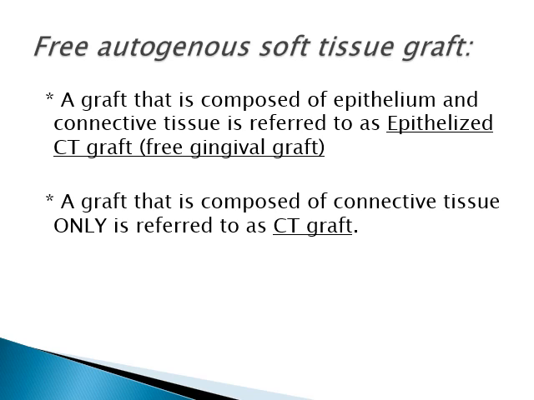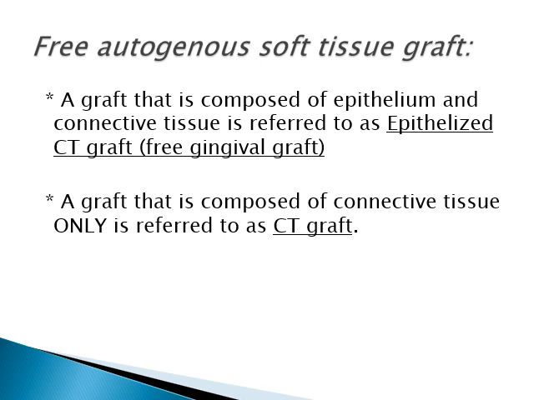Soft tissue autograft. We have two types, epithelialized connective tissue graft and connective tissue graft. What is the difference between both? As you know, the gingiva is composed of three layers. The superficial layer is epithelium, underlying the epithelium is connective tissue, and under the connective tissue, periosteum. If we take the graft including the outer surface of the epithelium and part of the connective tissue, we call it epithelialized connective tissue graft. If we leave the epithelium intact and take the graft only from the connective tissue layer, we call it